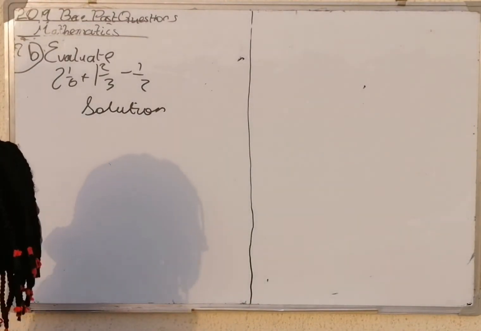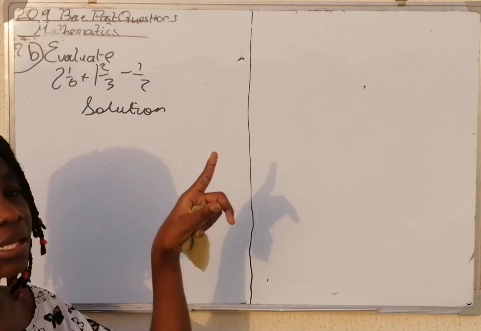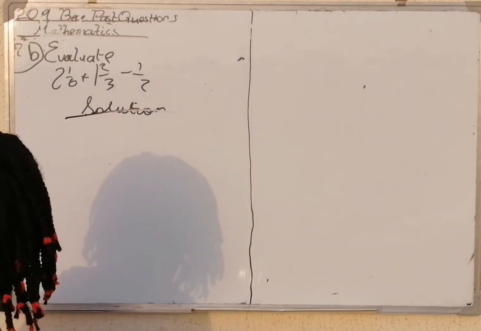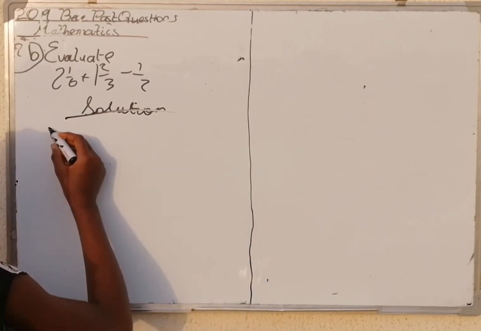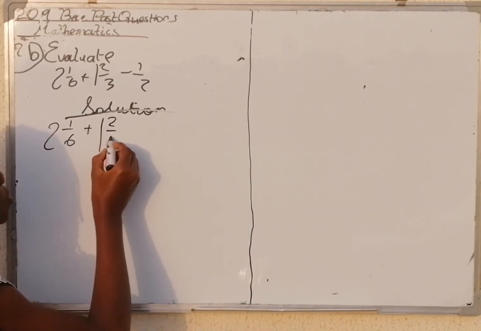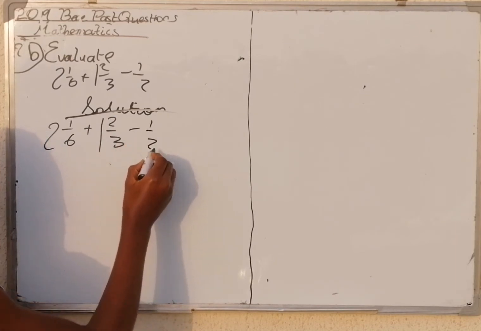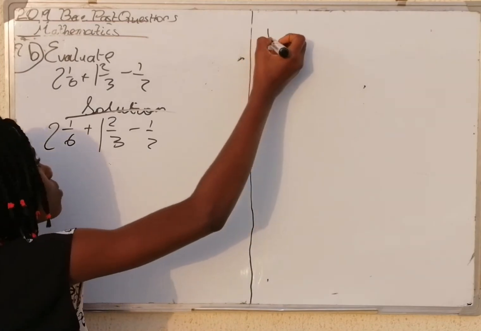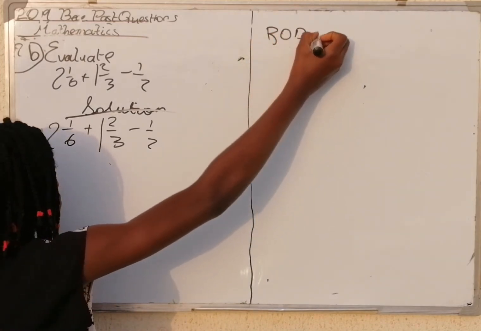So B says evaluate 2 whole number 1 over 6 plus 1 whole number 2 over 3 minus half. Solution. So let's write out the question: 2 whole number 1 over 6 plus 1 whole number 2 over 3 minus half. What should we do? First of all, we should know that we always use BODMAS